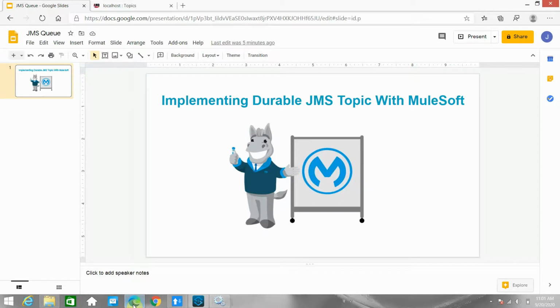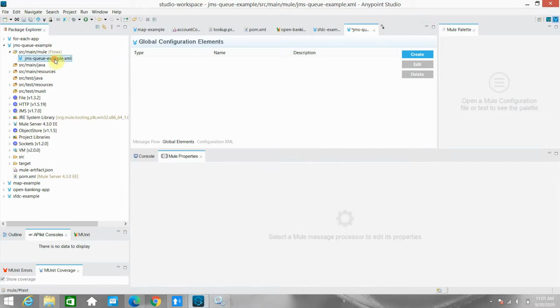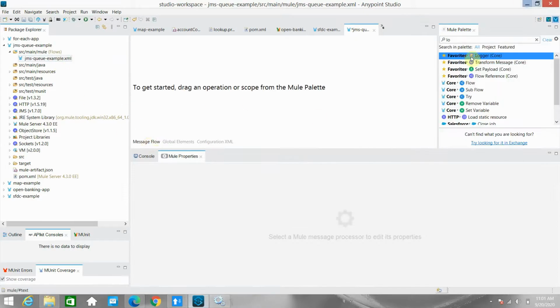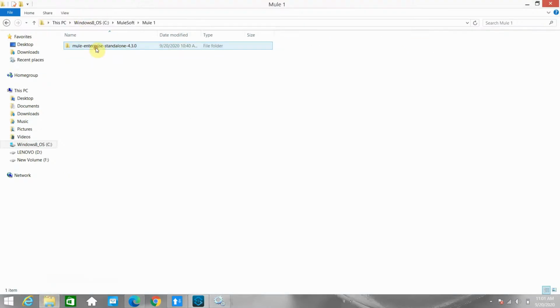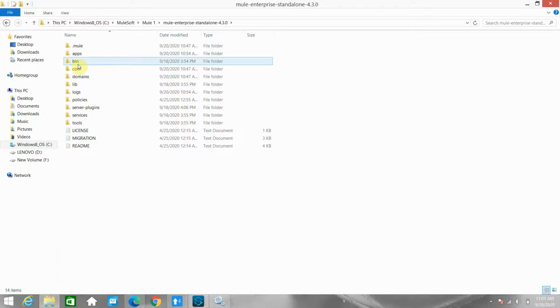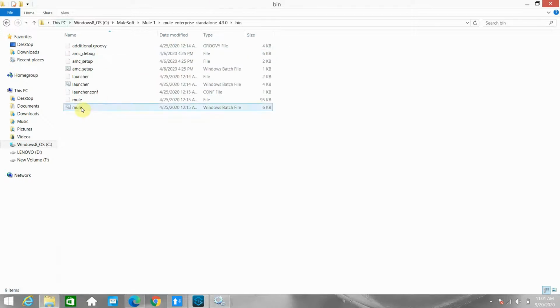We will see how we can implement that. The first thing, I will go to Anypoint Studio. I will start two Mule runtimes first, because we will deploy the application on the Mule runtime and see it.